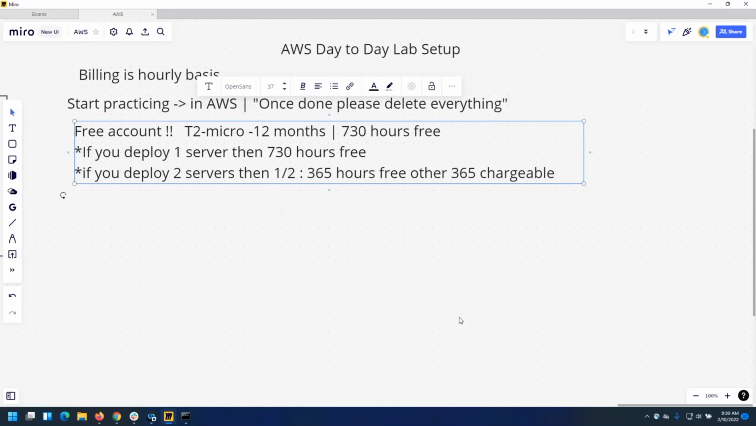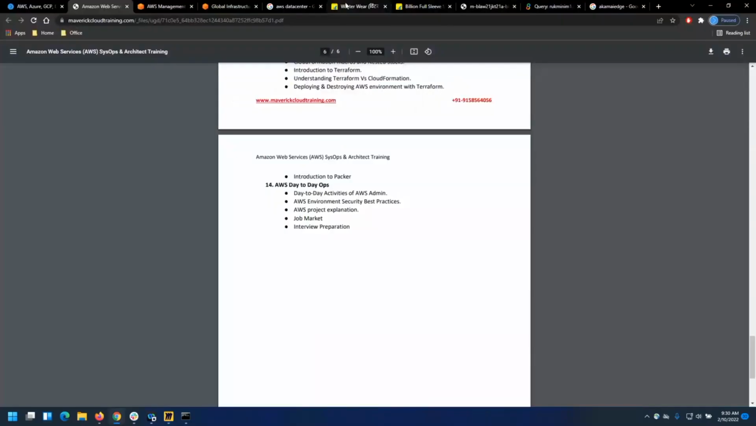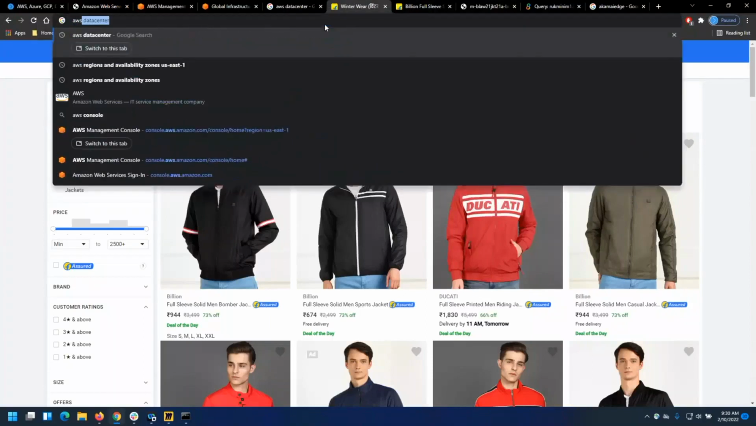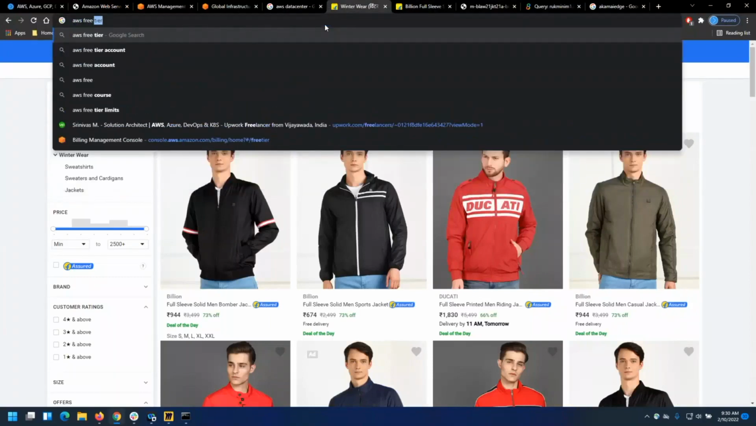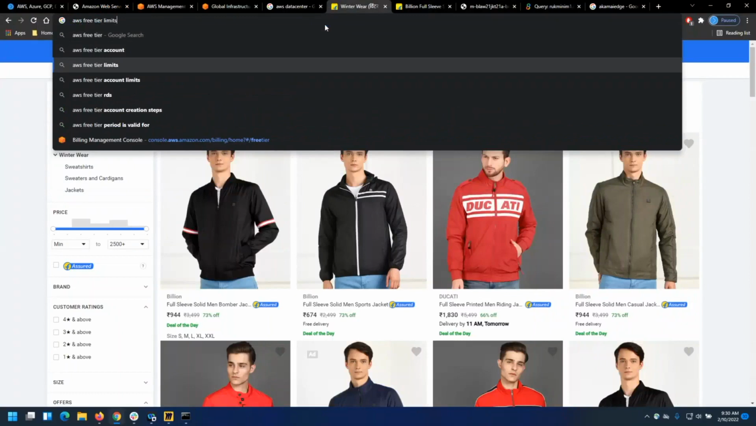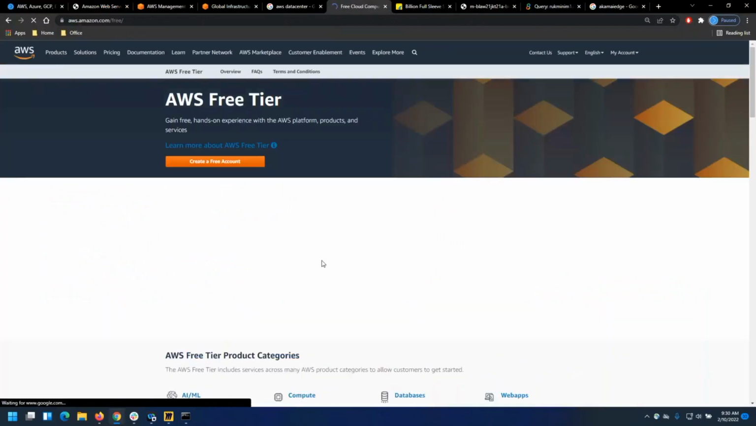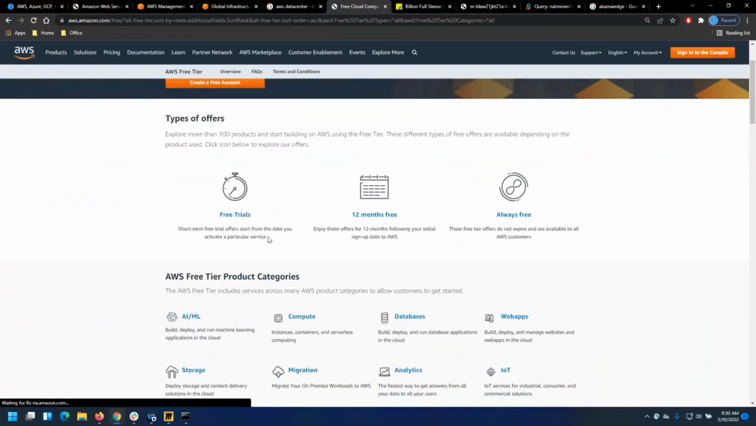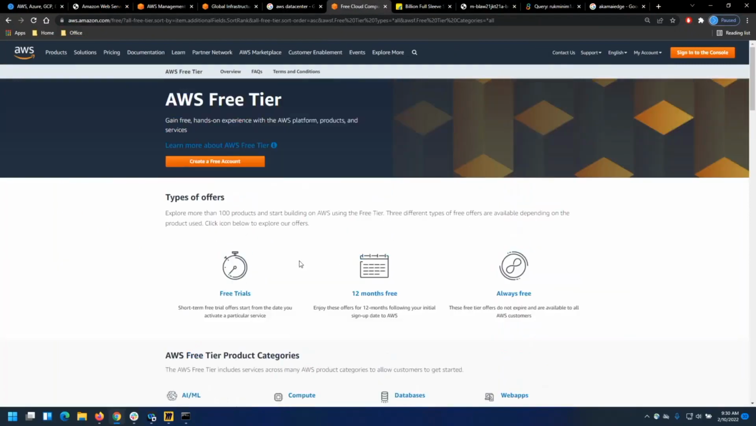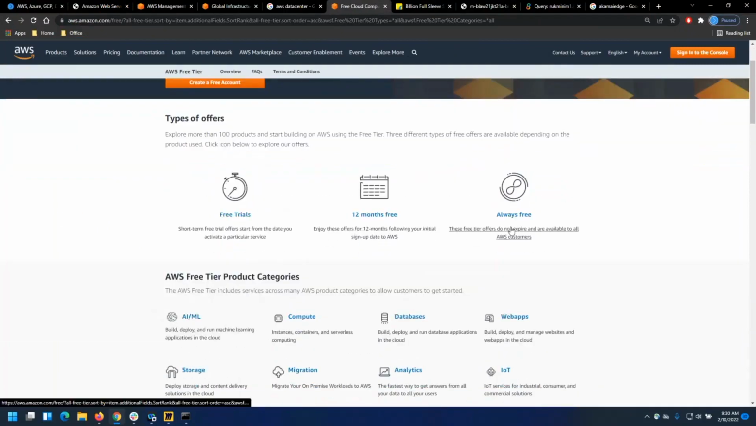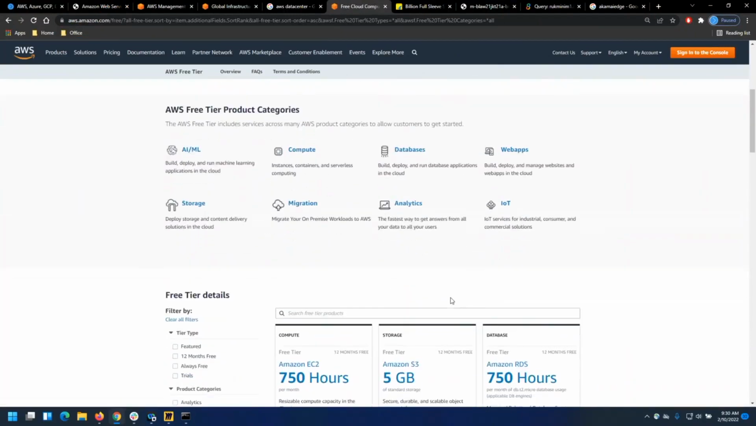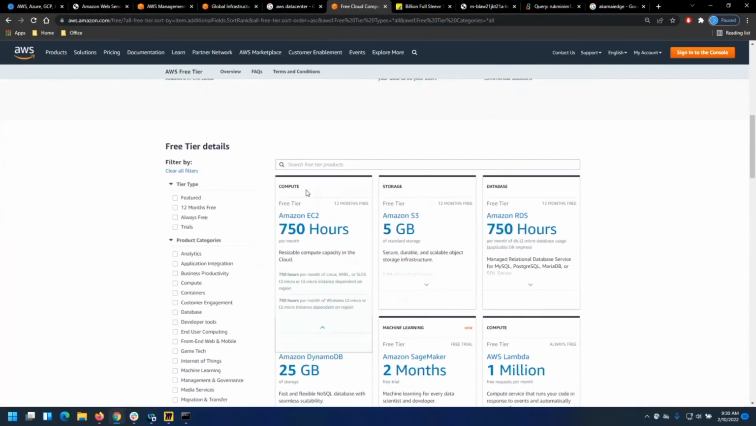And it is applicable for all the components, right? So how to check that out? Search for AWS free tier limits. 12 months free. Okay, the types of offers: free trials, 12 months free, always free. Okay, so what is free? In compute,